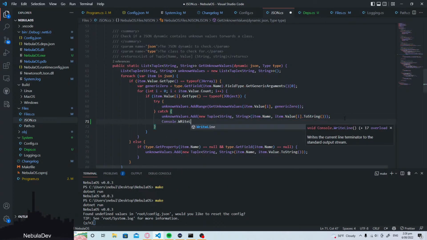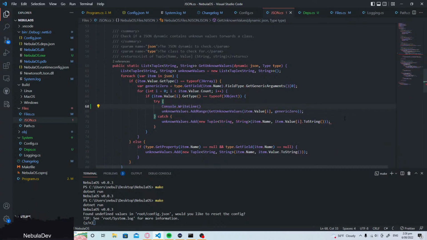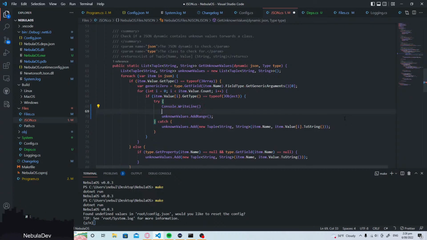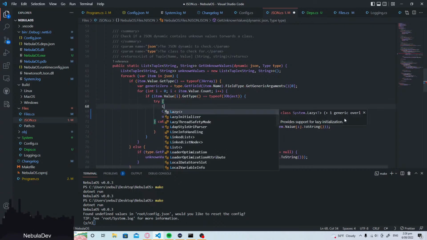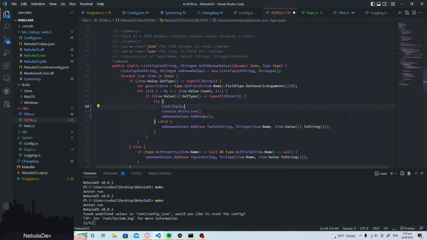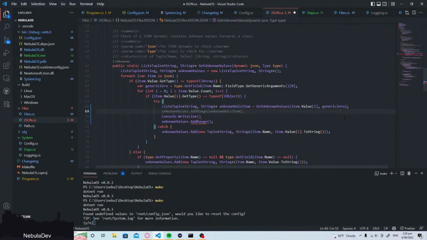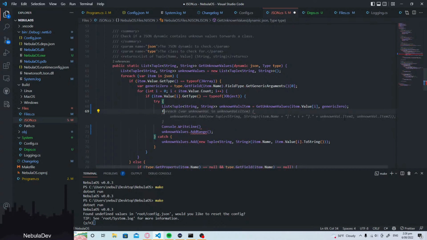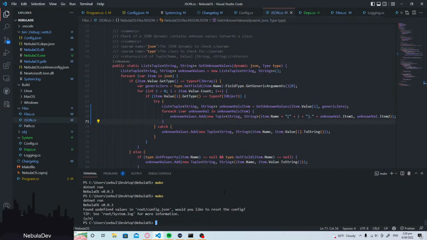So Console.WriteLine. We'll have a list of tuples, list tuple string, non-vals. Loop. Actually no, we'll do item equals for each. There we go. I think that's maybe